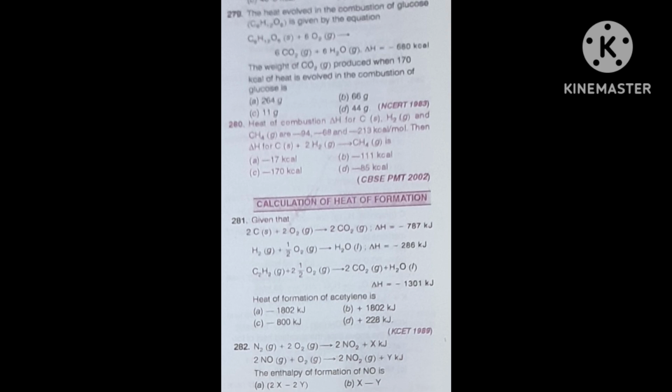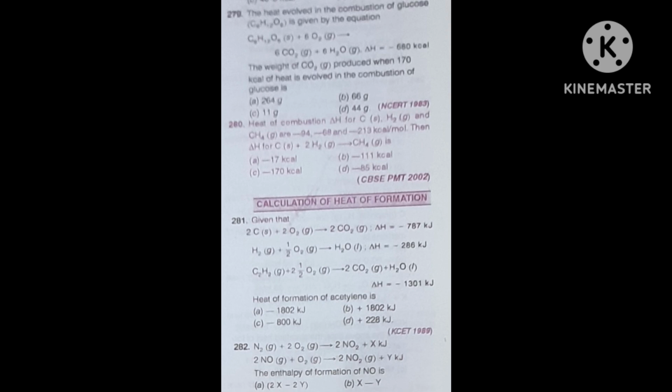How did this formula come? PV is equal to nRT. In the place of PV you have written nRT. Here n is the number of moles in the gaseous form, and how much the moles of gaseous product changed, that is Δn, you have to write. Δn is equal to minus 3 by 2. R value you know, T value you know, and ΔE value is given.